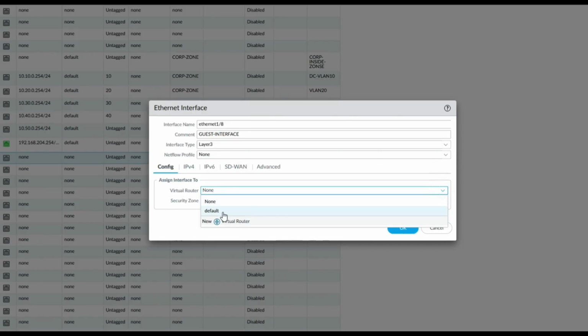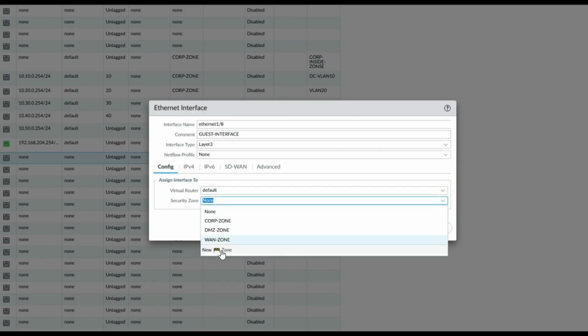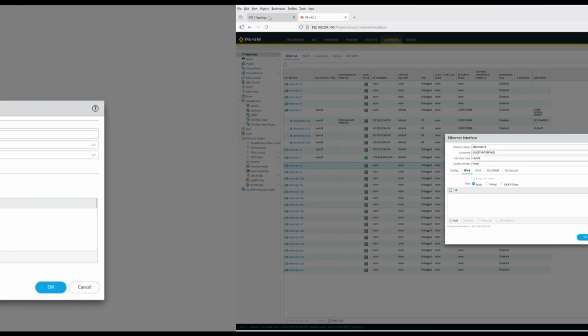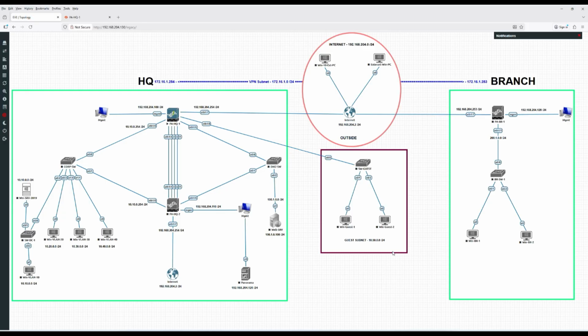The virtual router we use the default one. The security zone, we are going to create a new one. We call it guest zone. The other one we leave it default. So for the IP version 4, we are going to use,